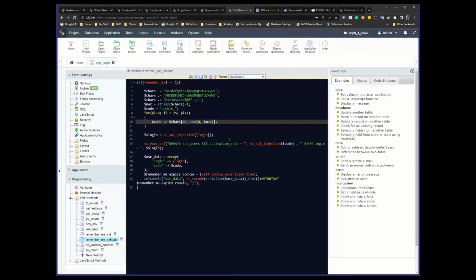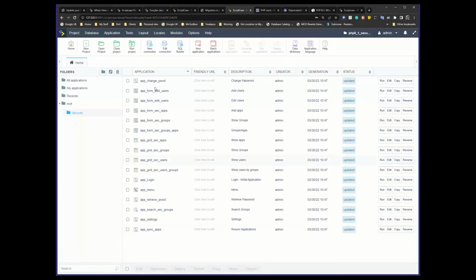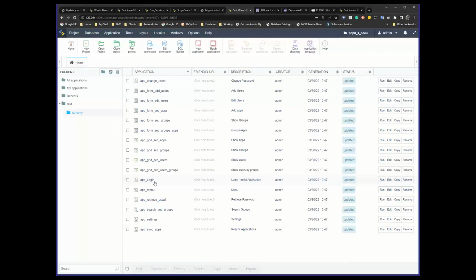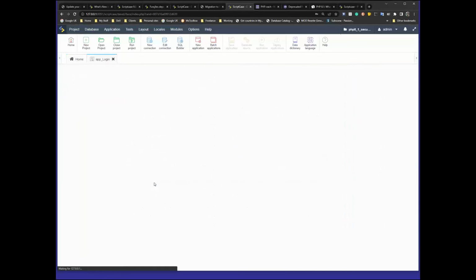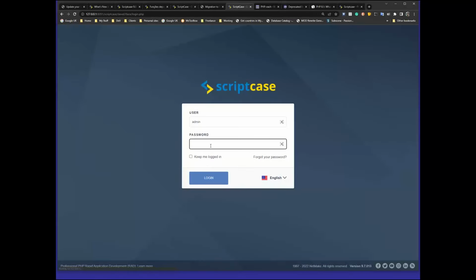And again, I will mention here for security, because it is important for the older versions. If you generated your security with an old version of Scriptcase and you migrate your application, which I'm going to have a quick look at in a moment, you will then need to make your change here to your app login page. So once that's generated, you just enter that, and then I need to log in